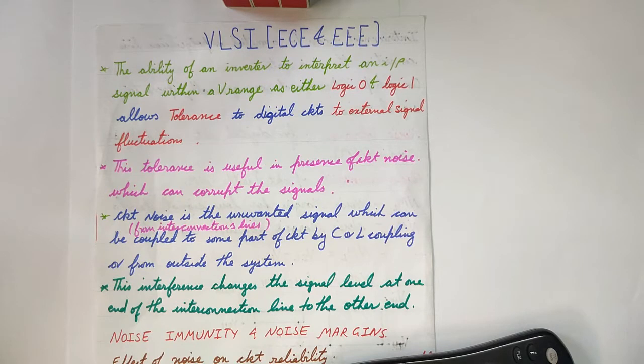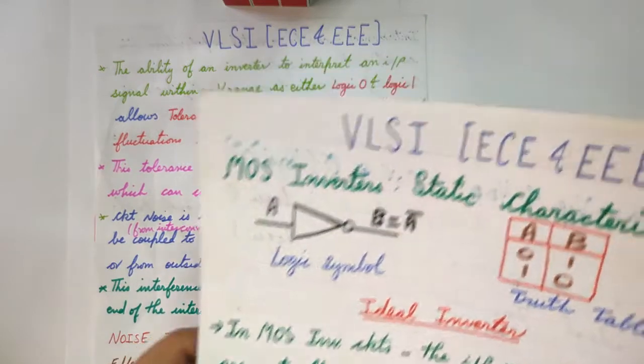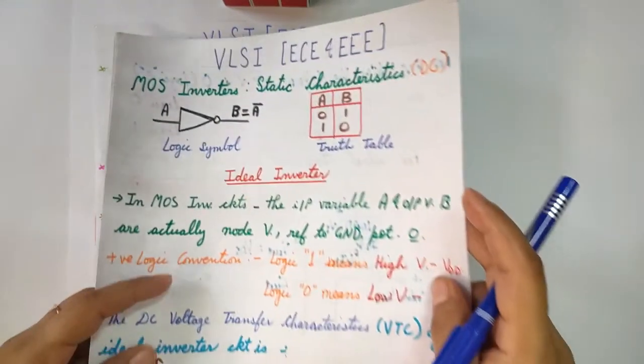So after a long time, I'm back with my videos on the VLSI series, and I posted my last lecture number 14 on MOS inverters. There I discussed the static characteristics for an ideal as well as an NMOS realistic inverter. I'll be moving ahead and I'll discuss today noise immunity and noise margins. So it's better for you to go through that lecture number 14 so that you'll be able to understand and connect with this lecture very well. I'll just give a very brief recap of lecture number 14 because I have to continue with that only.